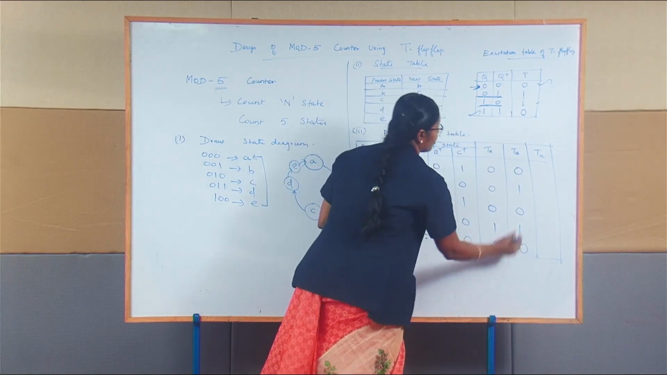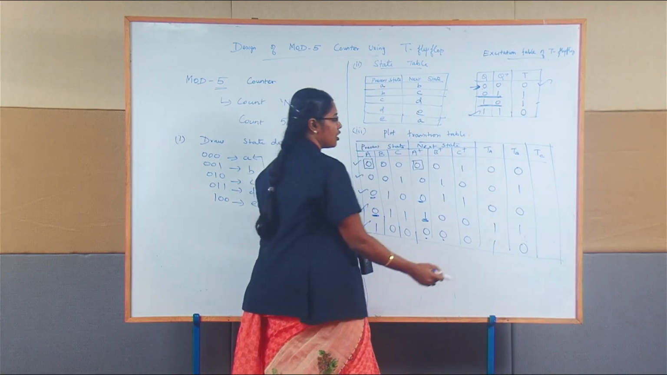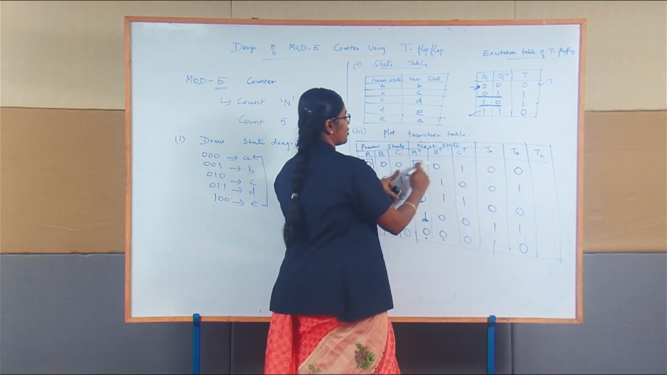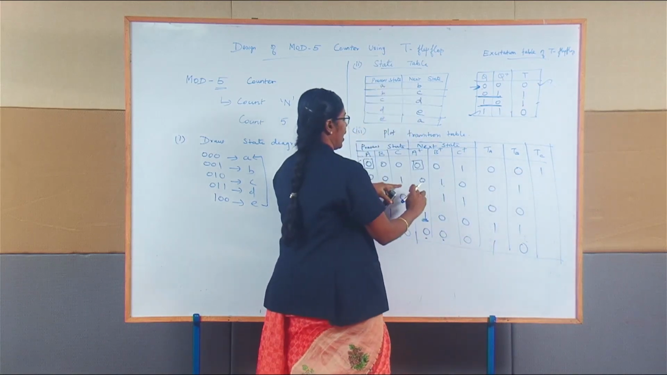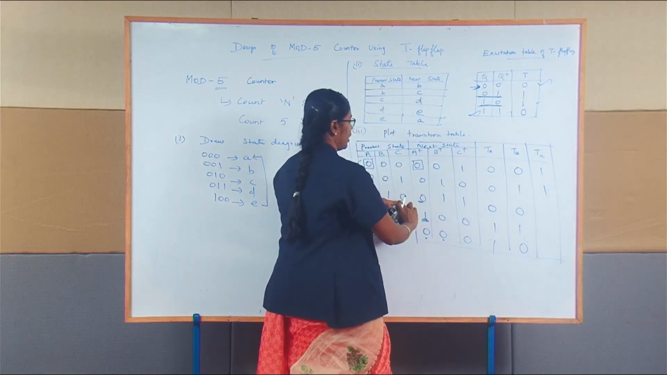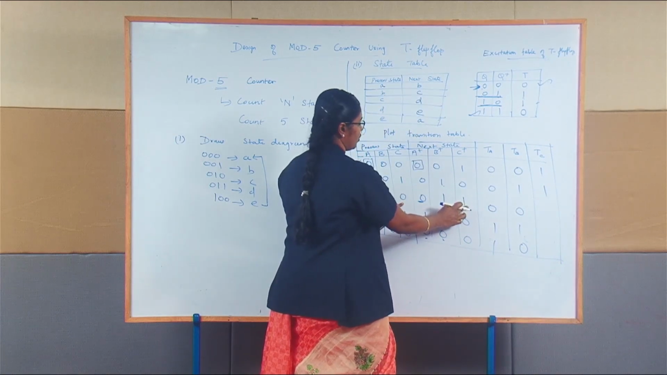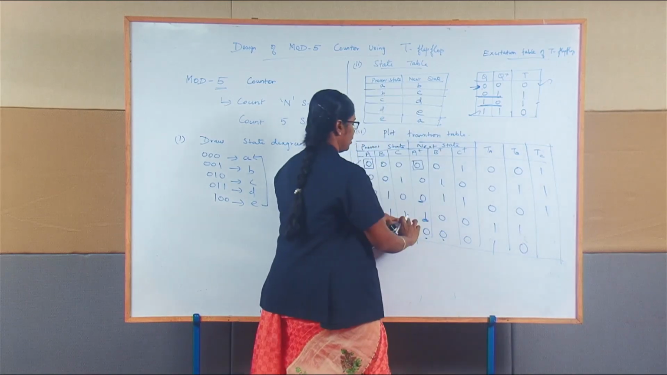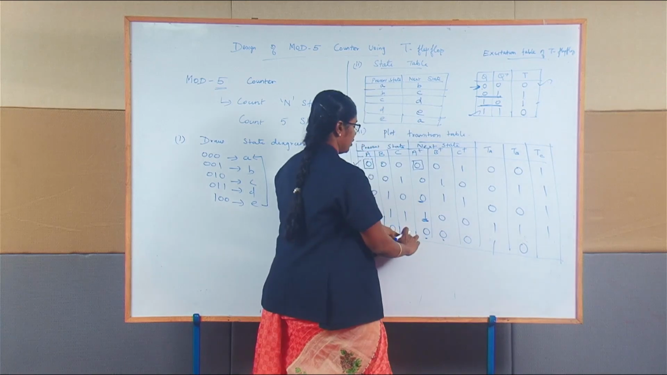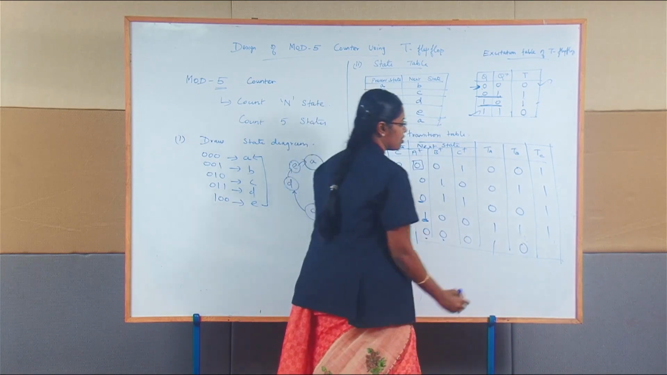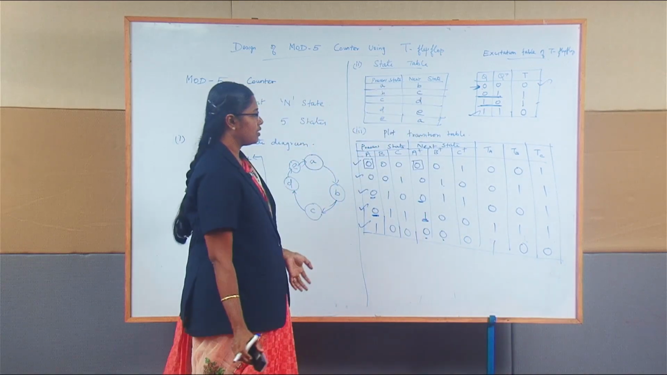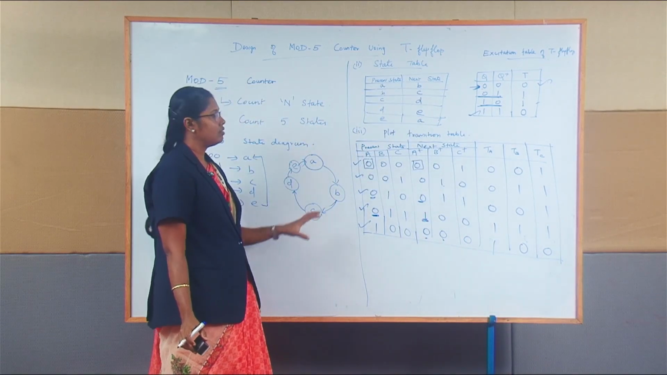Both are 0, so from the excitation table I can write T value is 0. Similarly, you need to compare C and C plus. Here 0, 1, so the value is 1. Again here C value is 1, C plus value is 0, so the value is 1. Here the value is 0 and the C plus value is 1, so again 1. Here the value is 1, C plus value is 0, again 1. Here both the values of C and C plus are 0, so here it is 0. So now I have completed the transition table for